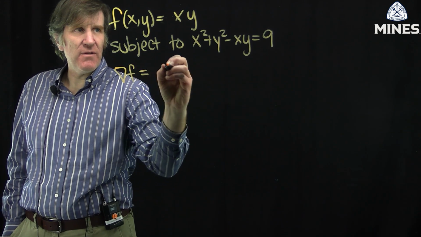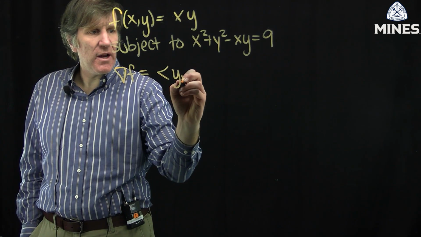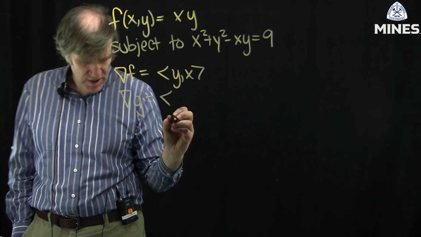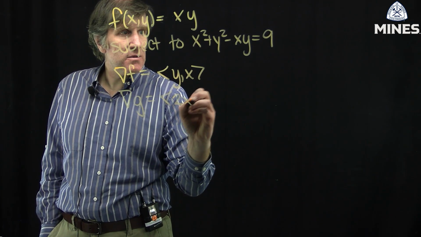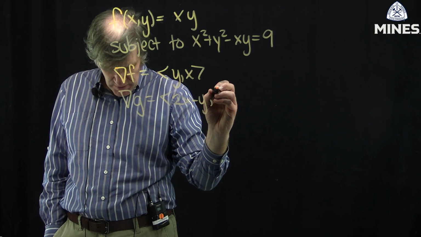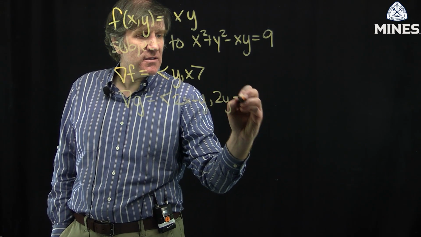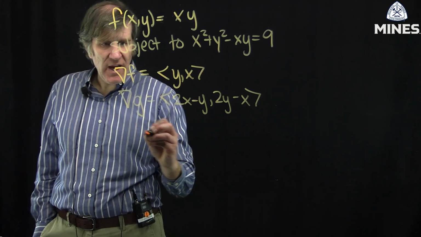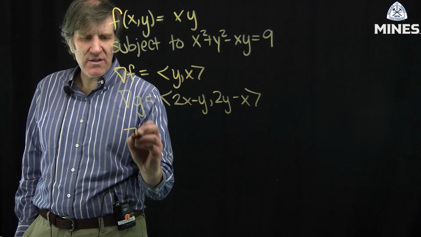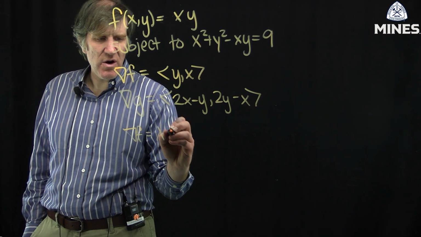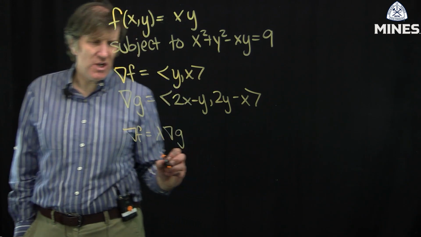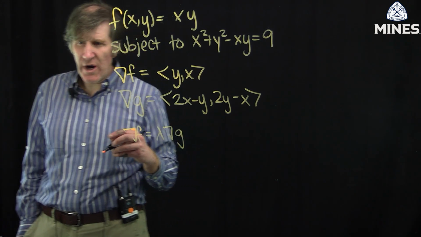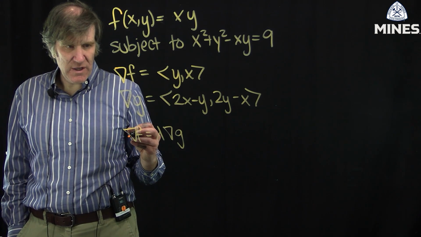We need the gradient of f. So the gradient of f is y comma x. And we need the gradient of g. So the gradient of g is 2x minus y, comma 2y minus x. So we have the gradient of f and the gradient of g. And the Lagrange multiplier equation is gradient of f is equal to a constant times the gradient of g. When these two vectors are parallel, that's where we're going to have our max or our min for the surface